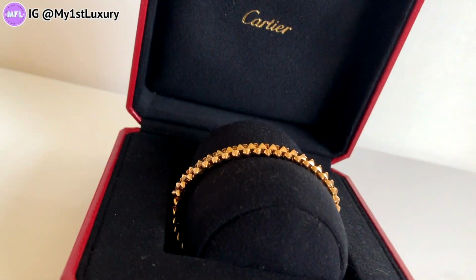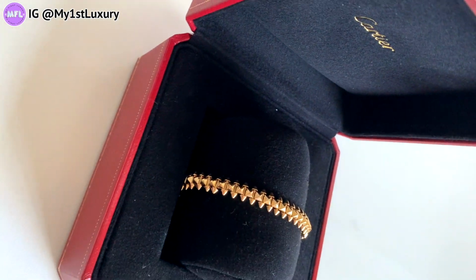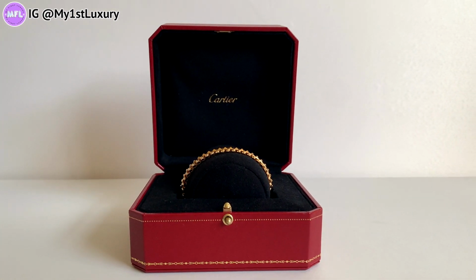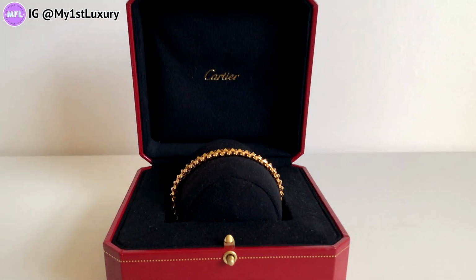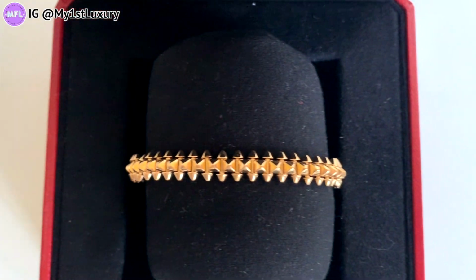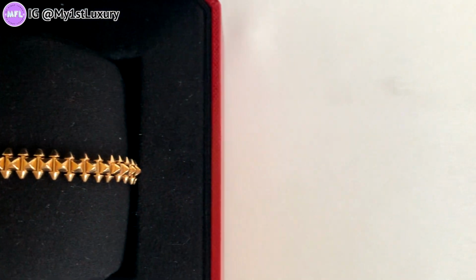In the previous videos where I did the Love bracelet and Juste un Clou reviews, the box has a different kind of inserts and display than this particular one. I do think usually Cartier uses this kind of box for watches or other pieces that are more expensive. Nonetheless, I do think it's really nice to have this kind of cushiony presentation to store this piece